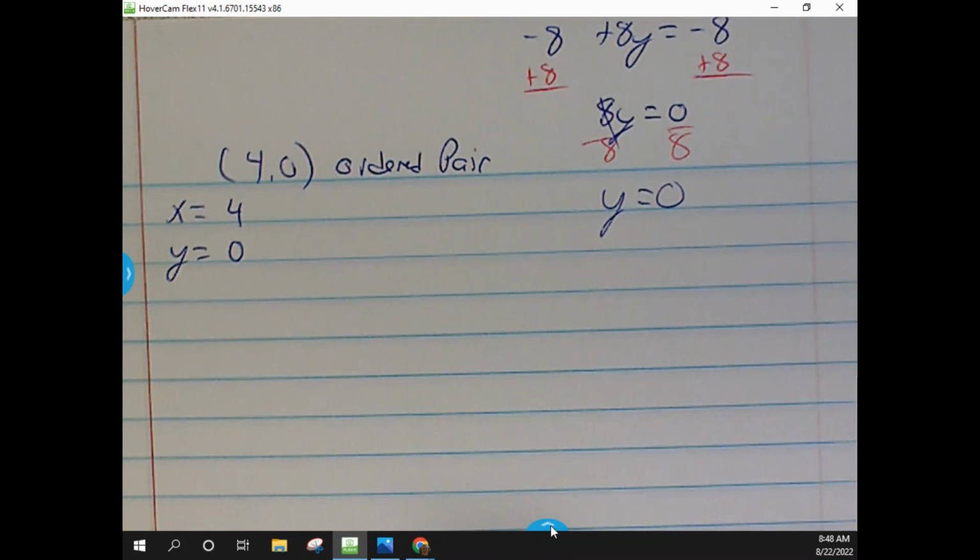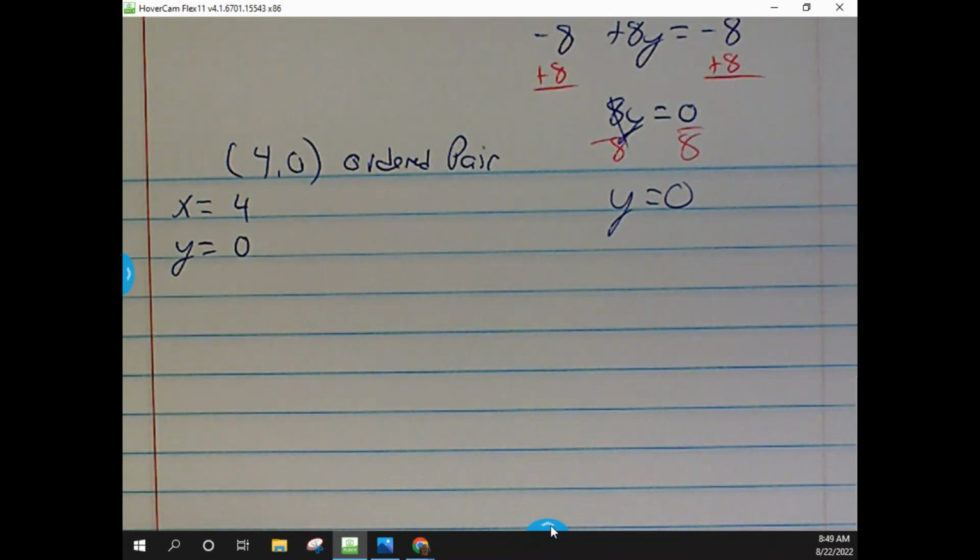And that's what we're going to look for. But it's easier to see the math first. And then tomorrow we'll show you the graph of it and how it looks because, to me, it seems like it clicks a little better there. So, question? Why did we plug 4 into the negative 2x plus 8y equals negative 8 equation,